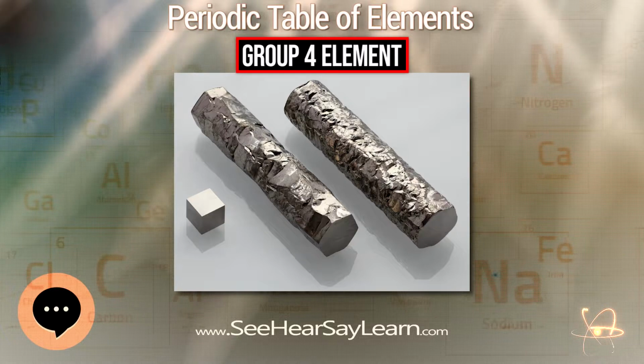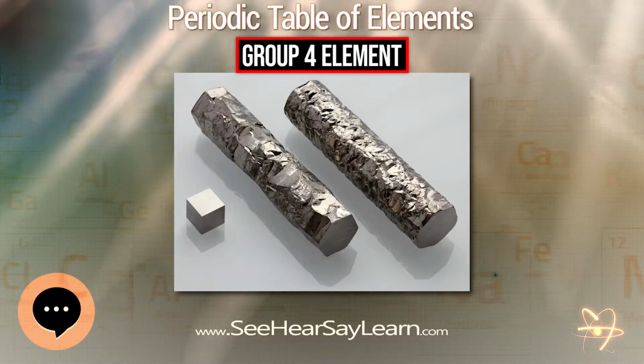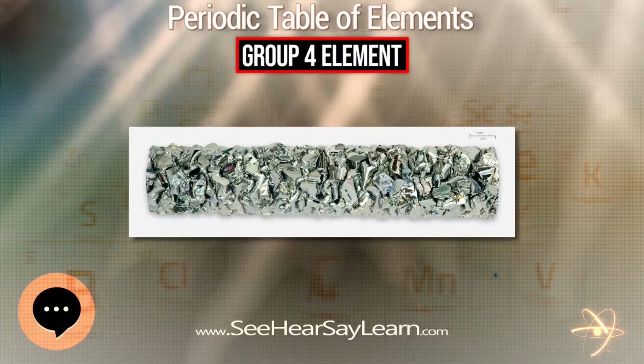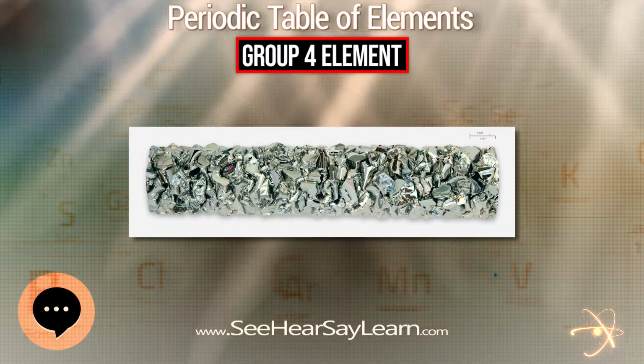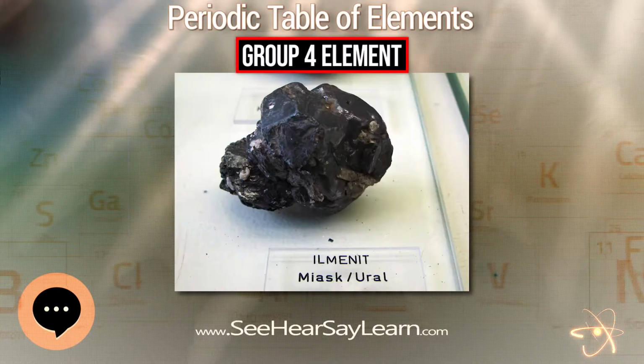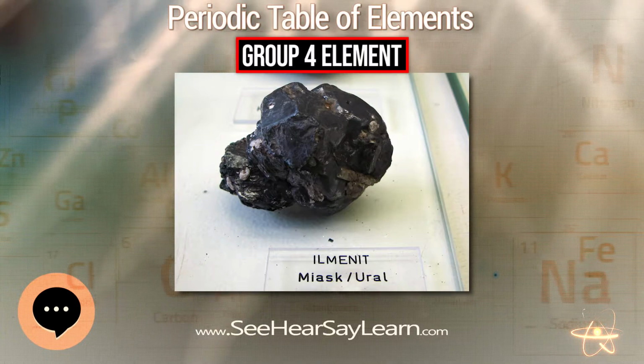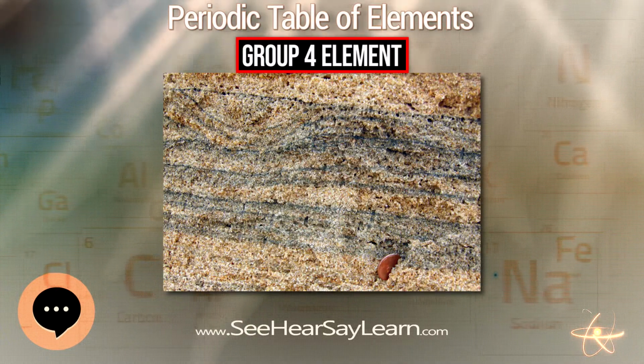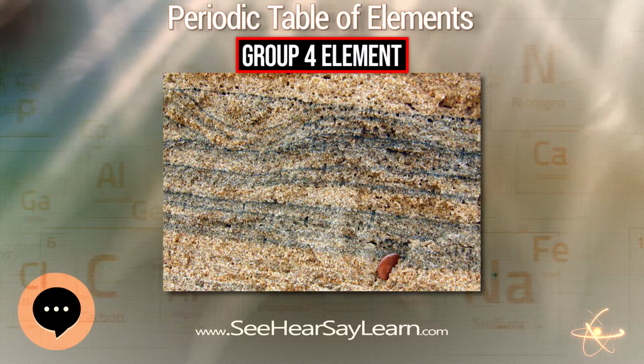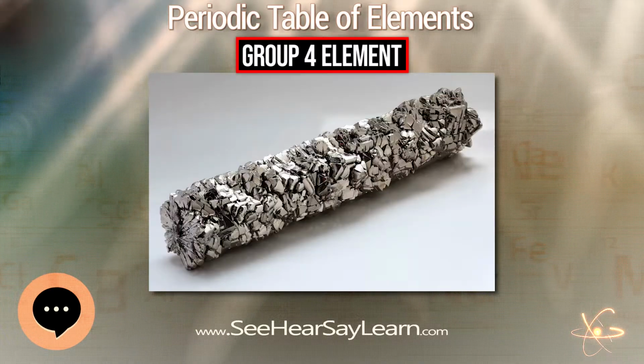Because of the lanthanide contraction of the elements in the fifth period, zirconium and hafnium have nearly identical ionic radii. The ionic radius of Zr4+ is 79 picometers and that of Hf4+ is 78 pm. This similarity results in nearly identical chemical behavior and in the formation of similar chemical compounds.